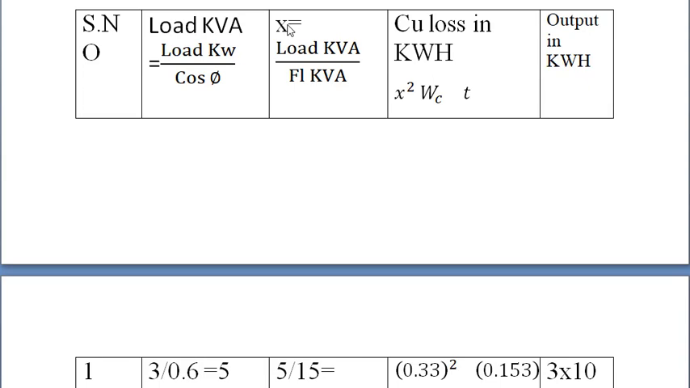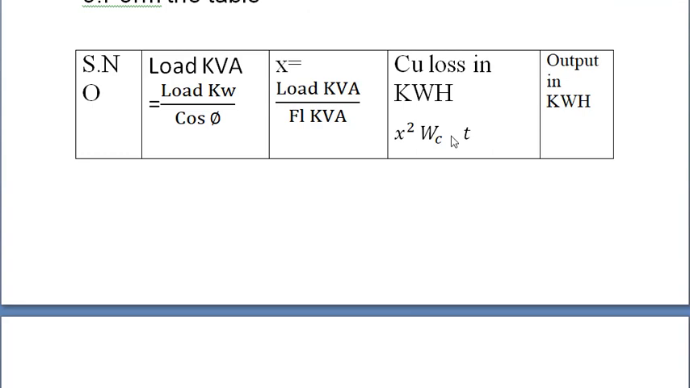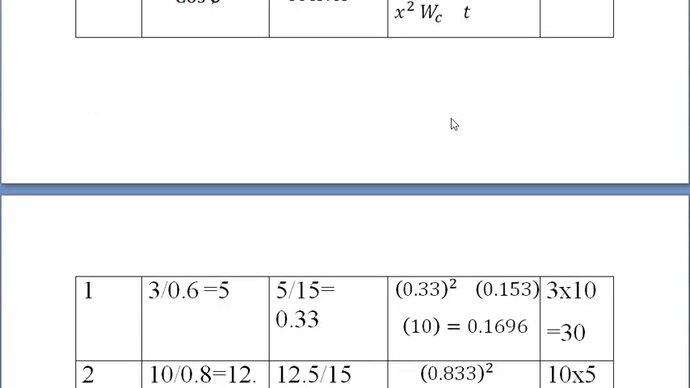Similarly, what is the ratio of load kVA to the transformer capacity? Transformer capacity is 15 kVA, whereas the load kVA is 5. 5 divided by 15, you will get 0.33. So once you know this, you can calculate what is called the copper loss, that is x square into Wc